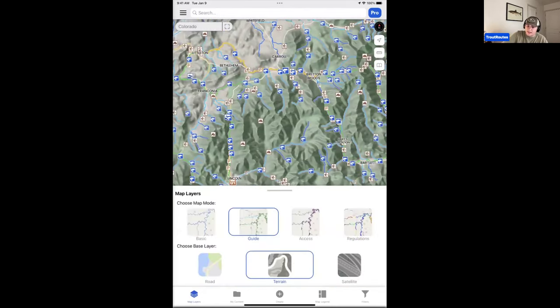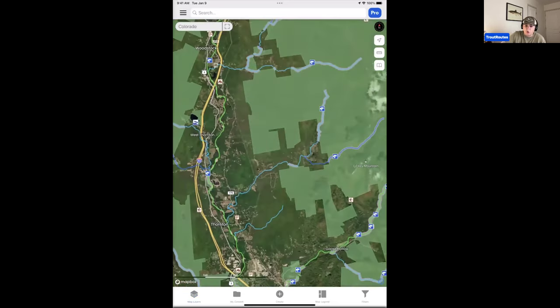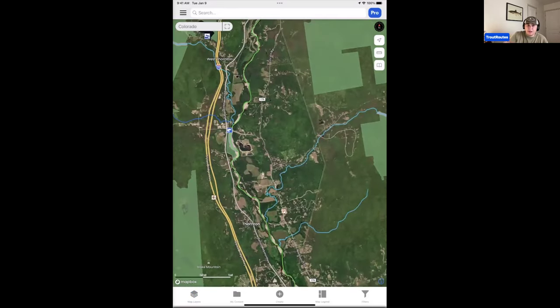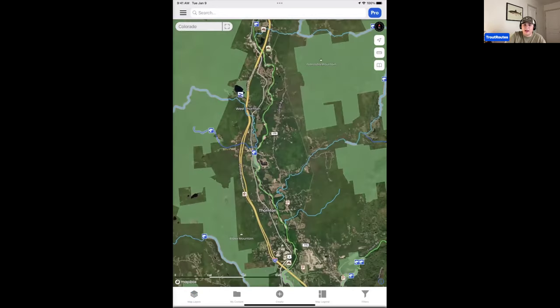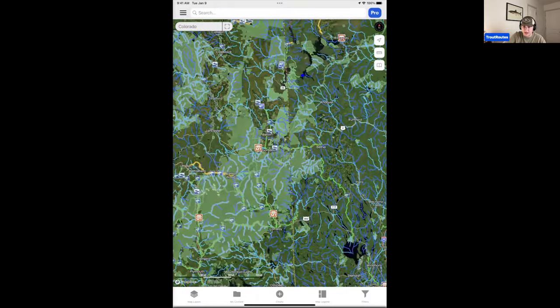And then if we jump into that satellite base layer, this is going to be a base layer that's going to vary in quality depending on where you're at. If you're in a more populated area, the quality of the satellite imagery that we're able to pull in through Mapbox or our base map provider is going to obviously be better than it might be in less populated areas. So just a warning there, sometimes I like to jump over to my Google Earth